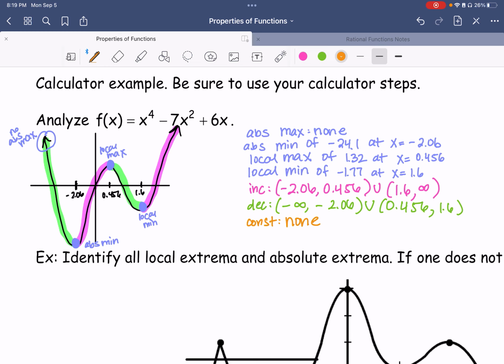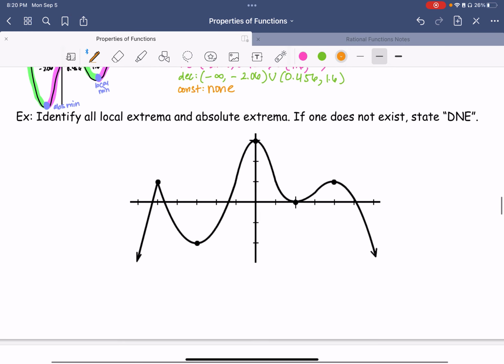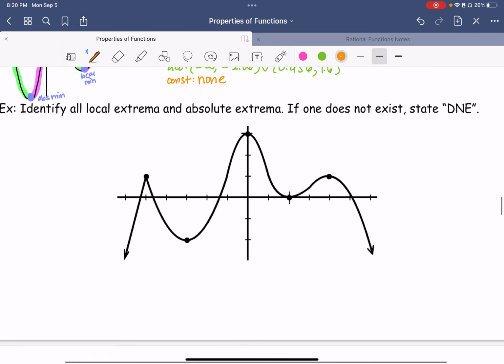Okay, so now you can see how knowing the x values of the extrema can help you determine the increasing and decreasing intervals. Okay, let's try another example. Identify all local extrema and absolute extrema, and if one does not exist, state DNE. Okay, so